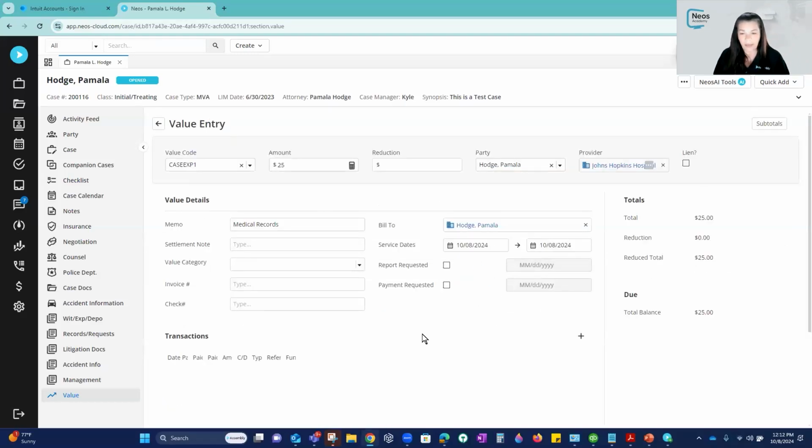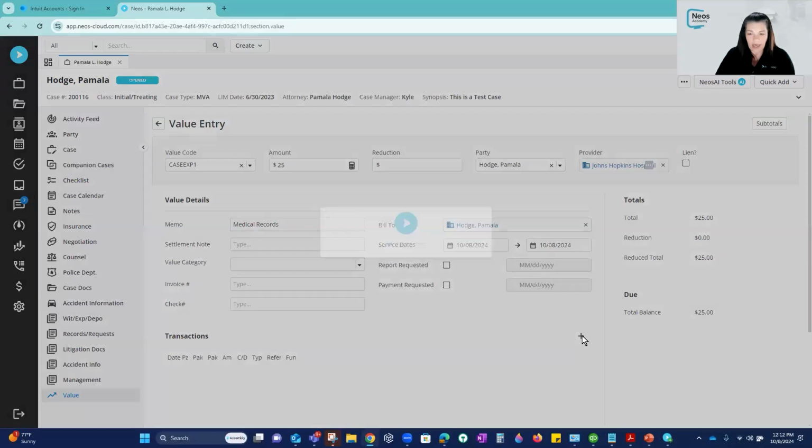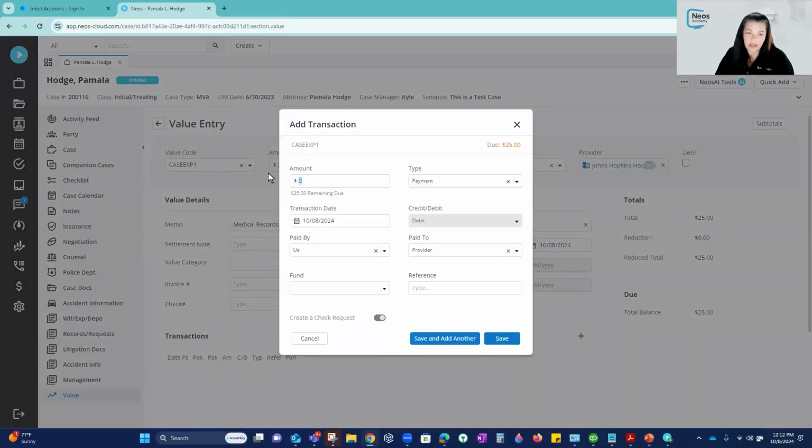But I have set my system up to request checks. So down here in the transactions, I get to hit the plus key. When I hit the plus key, this is where I'm going to put in the amount of my check. It's a payment. Today's date, it's paid by us. It's going to be paid to the provider. And then if I have a reference, I can use the reference. Here I have create a check request and create due to firm. Because I want my checks to go to QuickBooks, I make sure that I hit create a check request